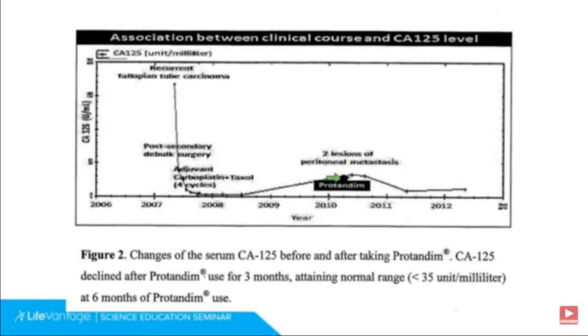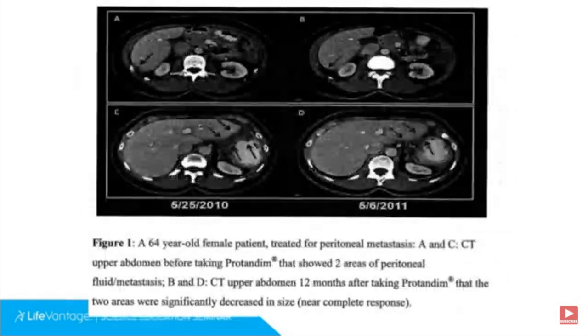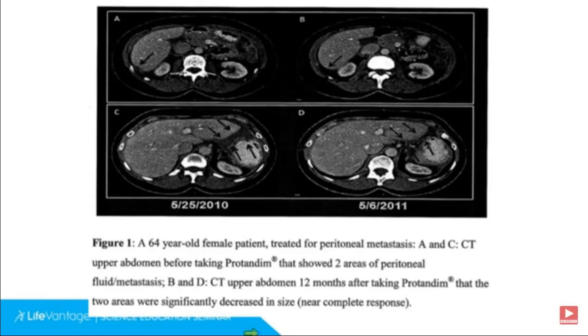They recommended a repeat chemotherapy. She didn't want to do that. She took Protandim instead, and her CA-125 levels came back down. They also showed CT scans, and these don't project very well, but basically what they found, if you look at 2010 through 2011, there had been some metastases here along the liver, and also in this area here, and that had shrunk when it had gone away completely, and this one has shrunk after 1 year of taking